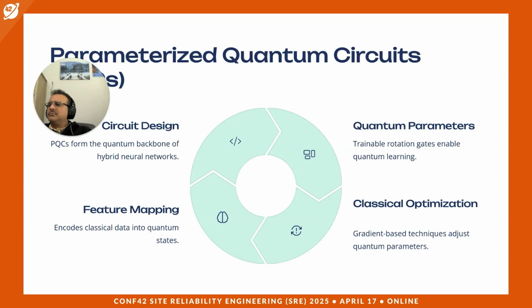And the quantum parameters are tunable elements within the quantum circuits that enable optimization for specific tasks such as quantum machine learning. Classical gradient-based techniques, the ones used in the last piece, classical optimization, and techniques like gradient descent are foundational, which iteratively adjust parameters to minimize the cost function.